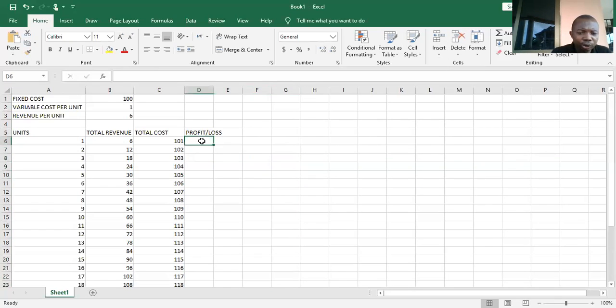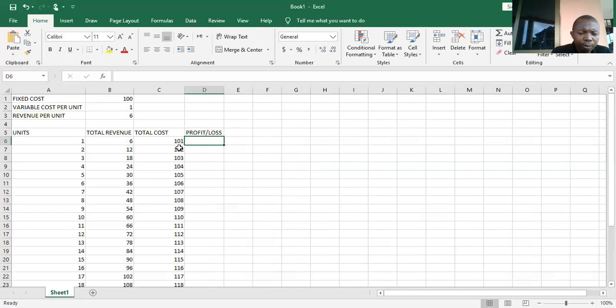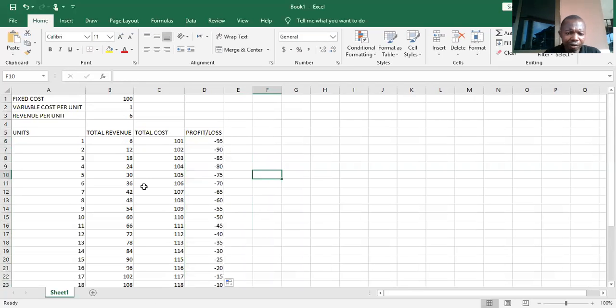Now the next thing to do is to compute our profit or loss. To compute the profit or loss, we will subtract the total cost from the total revenue. So this will give me my total revenue, which is B6, minus my total cost, which is C6. Then I accept this and drag it. So having done this,